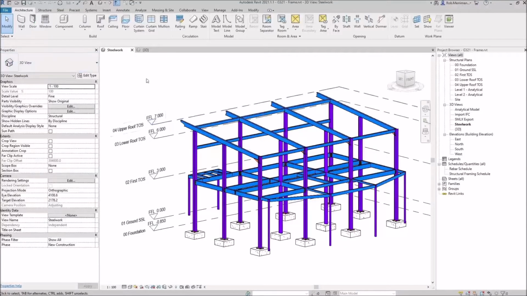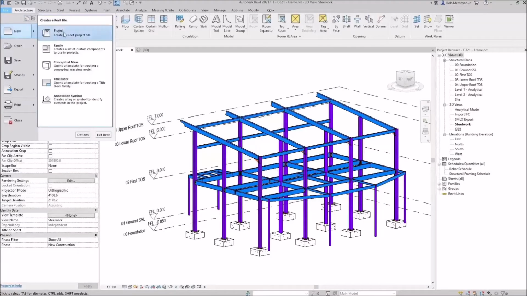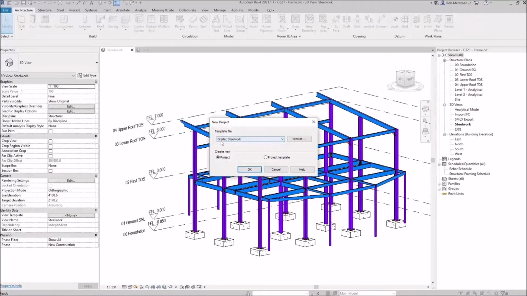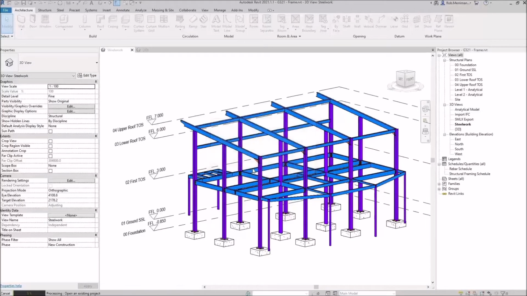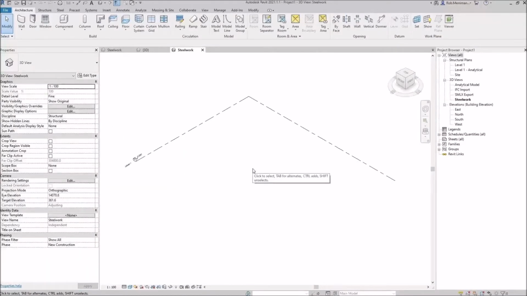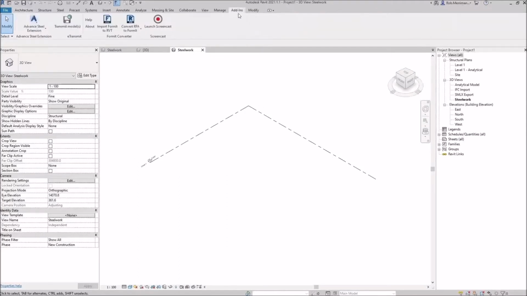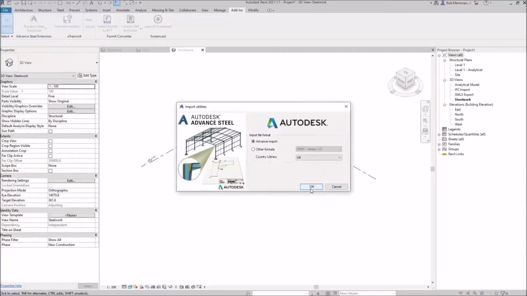So I'm going to come to Revit. We'll look at this model in a minute, and we'll start a new template file. Now, for everything I'm doing today, just to speed things up, I'm going to start a new project. I have a Graitec Steelwork template file. Now, what we've done with that template file is I've basically loaded in all the UK steel sections. Because what you'll find is that when we go to the add-ins tab and we do the import,